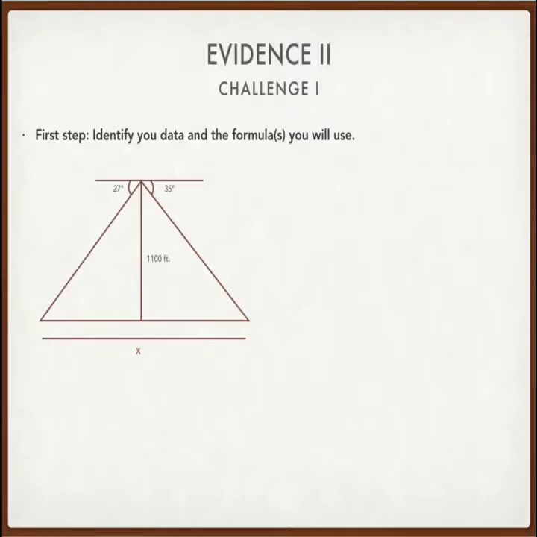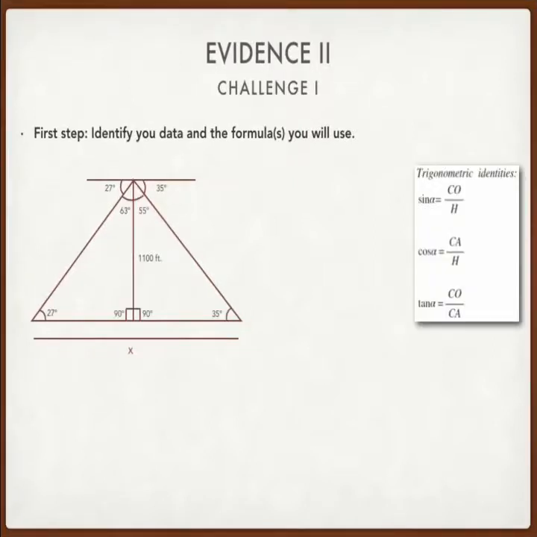It's important to know that the depression angle is the one that is going down, and that's why this angle is outside the triangle. To know the angle that is inside the triangle, the only thing you have to do is subtract it from 90. Why 90? Because 90 is the value of our right angle. So this will give us